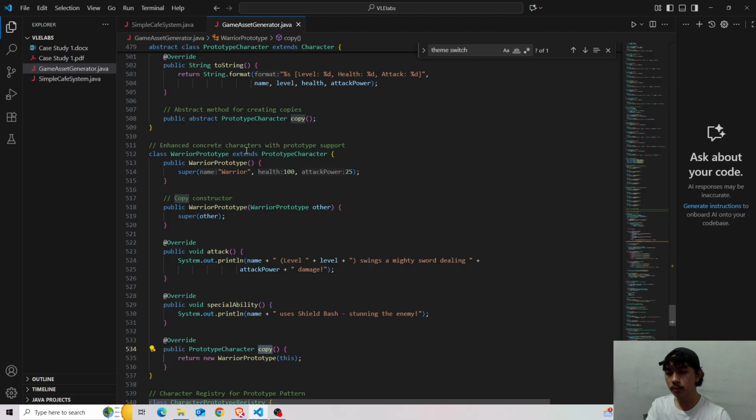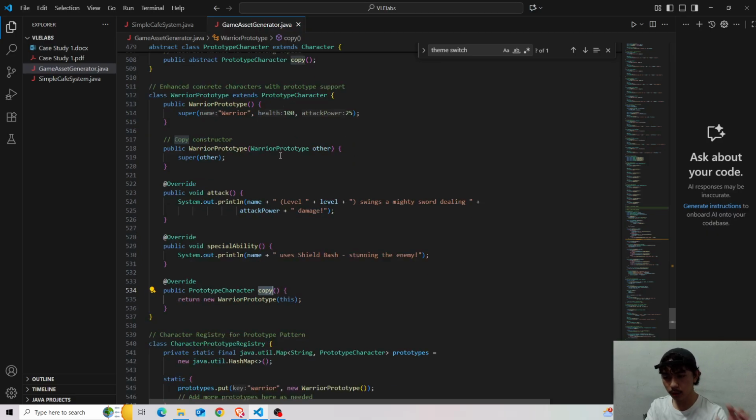So keep in mind that if a character is cloned, its current level is also cloned.